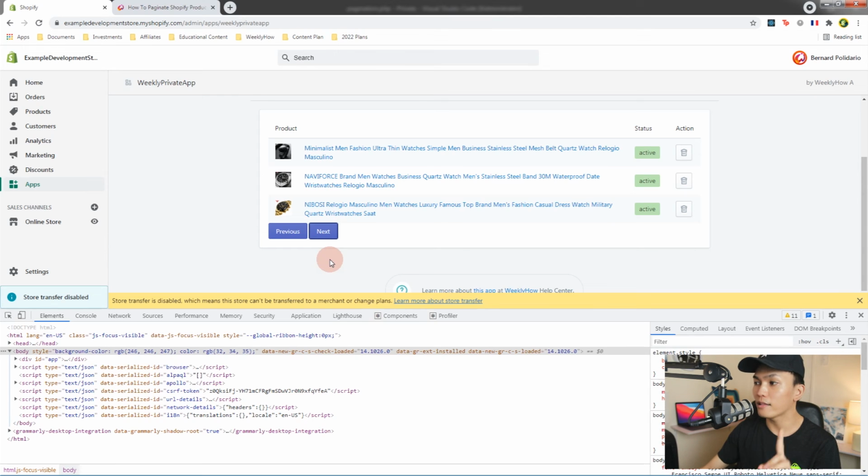So if I click the next page, it should not display anything, or it should not move at all, or it should not replace anything at all. It should just stay the same. So let me just click it. As you can see, it's still the same. It didn't change. But if I click the previous button,